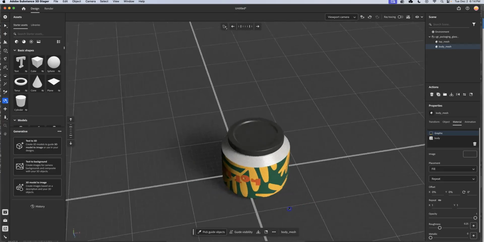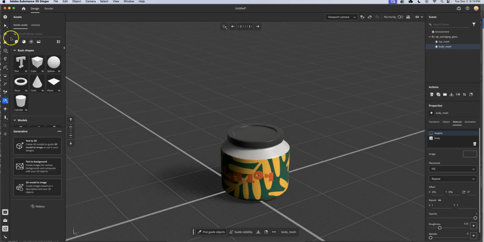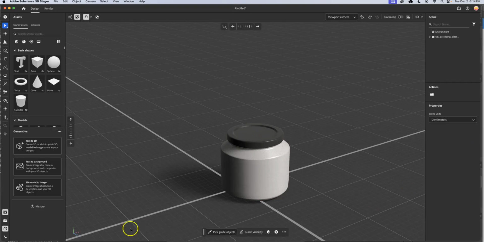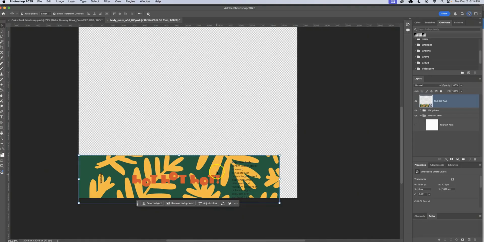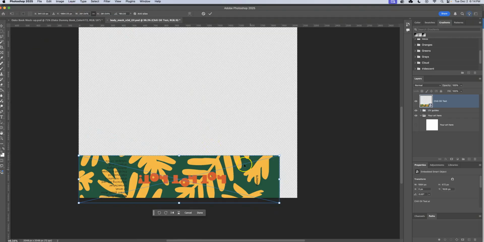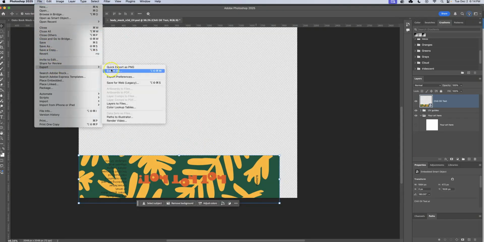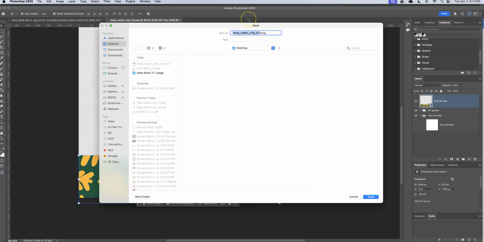However, you'll notice it did import the label upside down, so I may have to go back to this, open my Photoshop file, and rotate this. Let's see, transform, and I'm going to rotate it 180 degrees. There we go. So now if I save or export this, quick export as a PNG, chili crisp underscore UV,